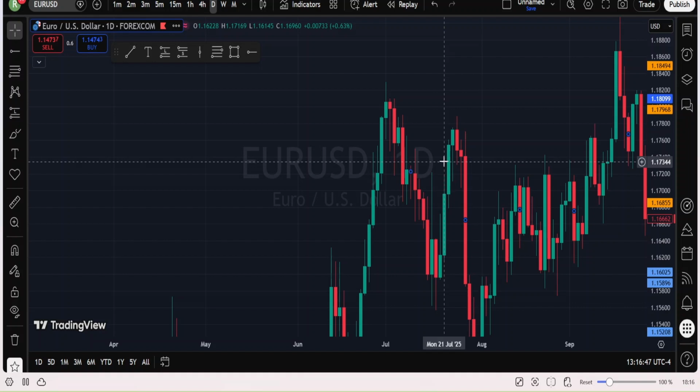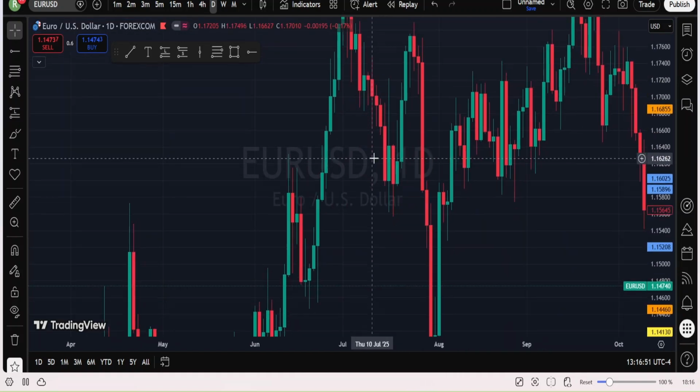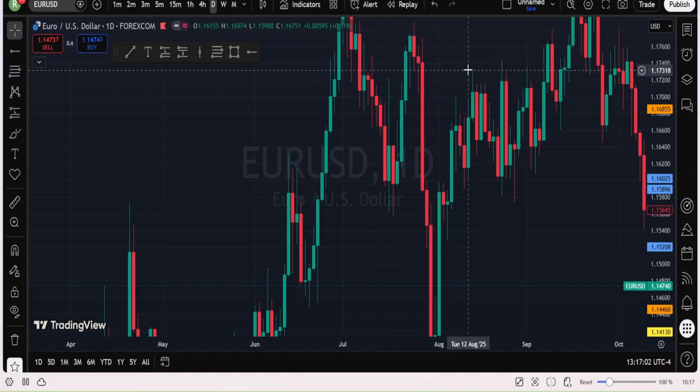All I want you to do is go to your chart, look at the areas we've talked about, and map out liquidity. That's why we always tell you to map out liquidity first, before you do anything. Watch these areas and see what price is doing at those levels.